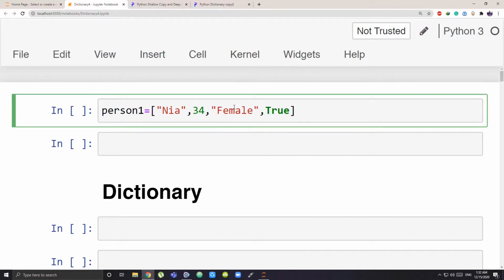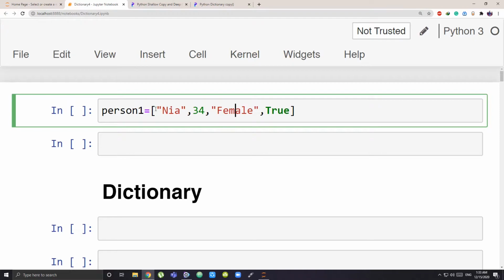But storing a collection in this form, do you think this is the best and it is having the most information that can be provided? So the answer is no. So how can you store this in a more efficient way? And that is using dictionaries.